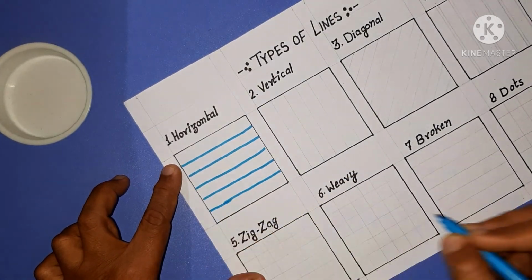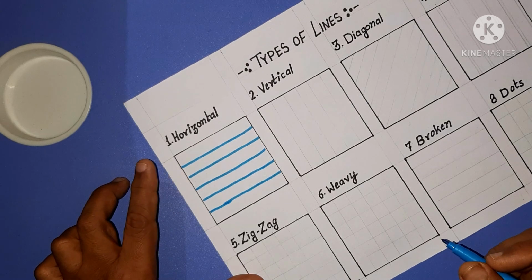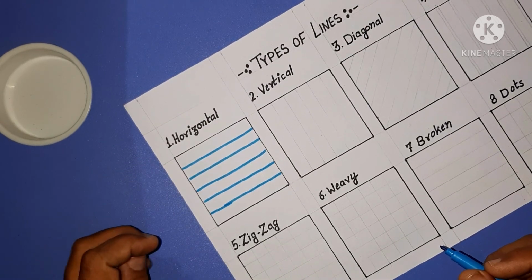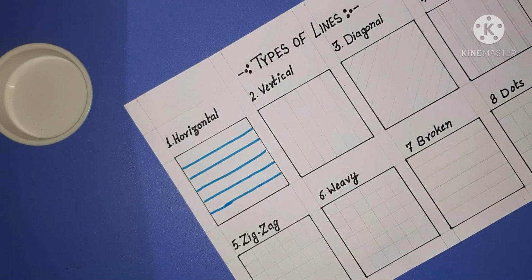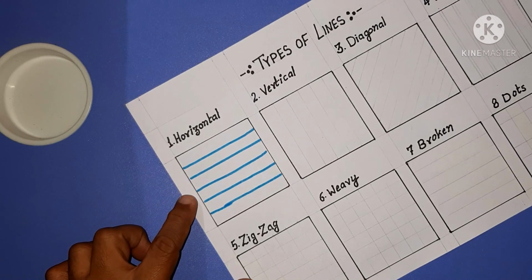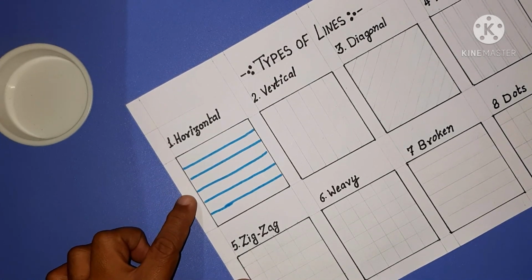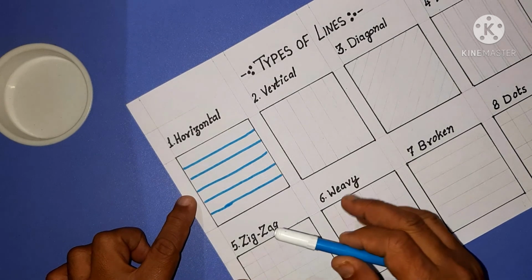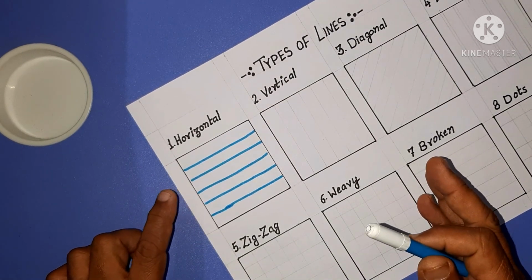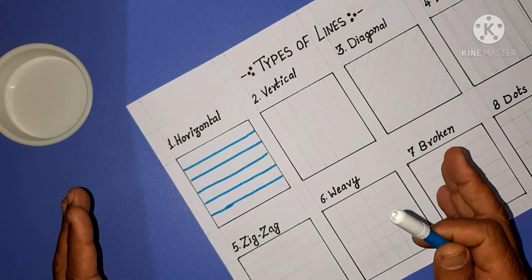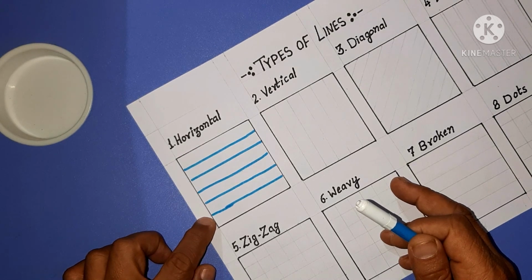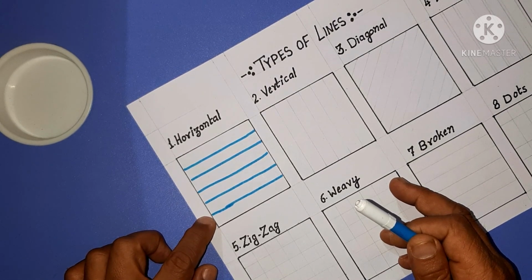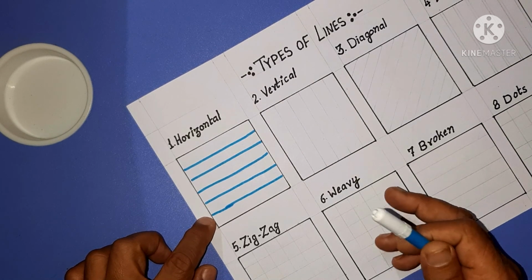If you see this horizontal line in the fashion sense, these are the lines which are very suitable for figures that are tall and slim. It is very suitable if you are wearing something with horizontal lines or that kind of print. You will look a little broader and a little stouter than your actual figure. So it is very suitable for people who are tall and slim, but not at all suitable for people who are stout, short, heavy or fat, right?